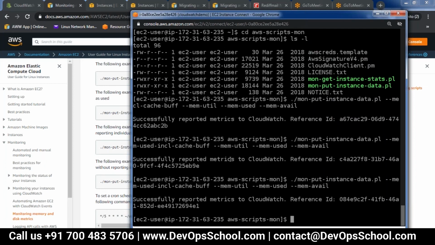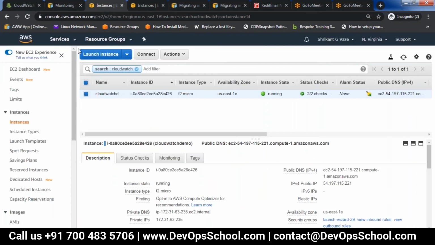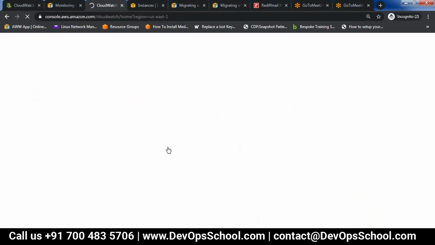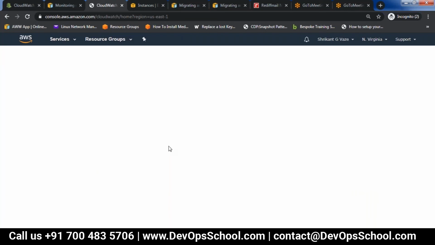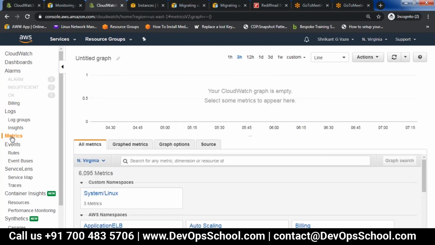Now how is this happening? This is happening through a role, because the EC2 instance is able to communicate with CloudWatch through a role. Now let me go back to CloudWatch and see if there is any added metric.